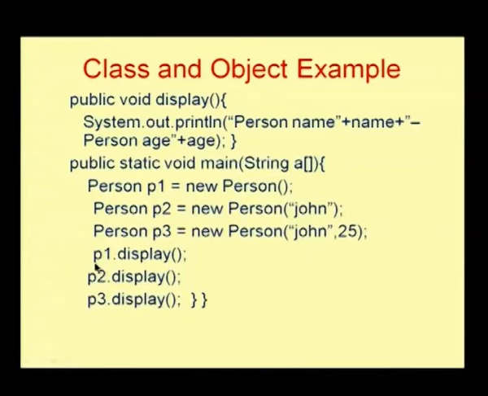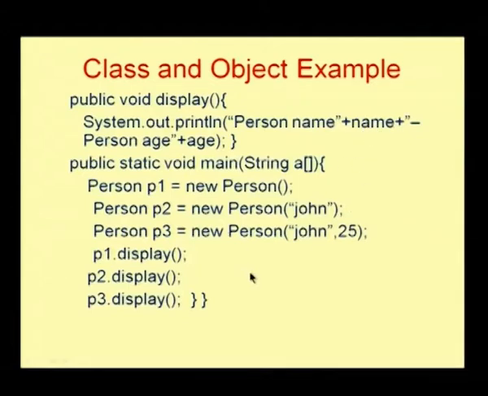Whenever I try to display these objects, this display method will be called. For the first object we do not have any name being assigned here, whereas here we have assigned the name, and for the P3 object also we have assigned a name. So, now name and age will get displayed for P3. Here only the name will get displayed for P2 and age will be 0, and then in case of P1 dot display we will have age displayed as 0 and we will have a blank value for the person